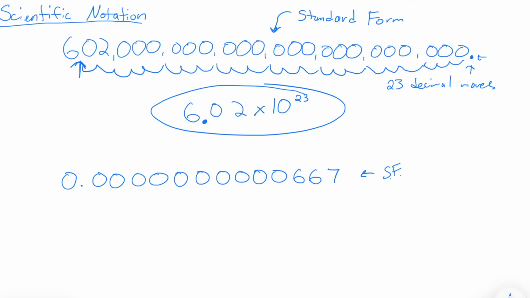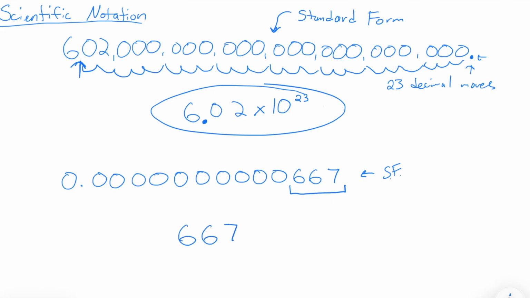So we can communicate this again in scientific notation. And again, we would want to for a number like this because this number is so small that it's annoying to write with all of these zeros, right? So again, what we want to do is take our significant digits, in this case 667. So all of the other numbers are just zeros prior to the first 6, right? And we're going to write